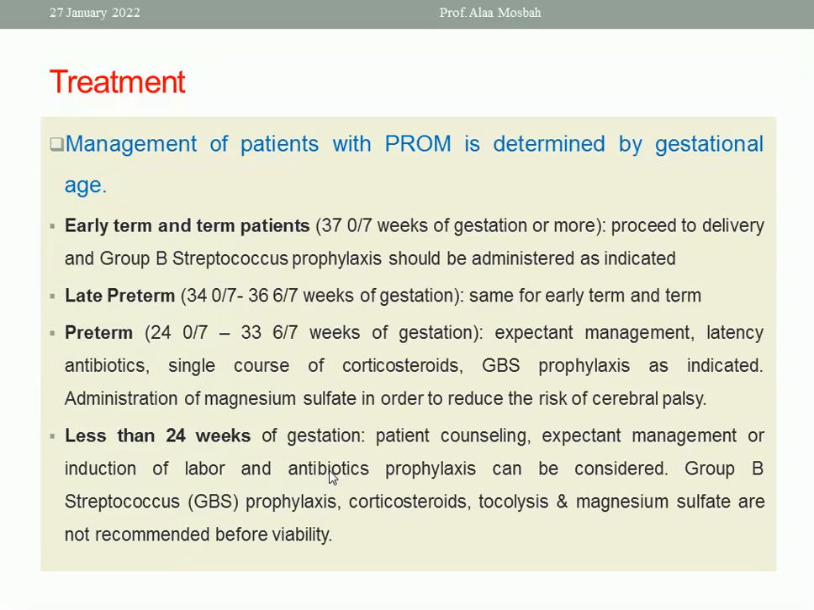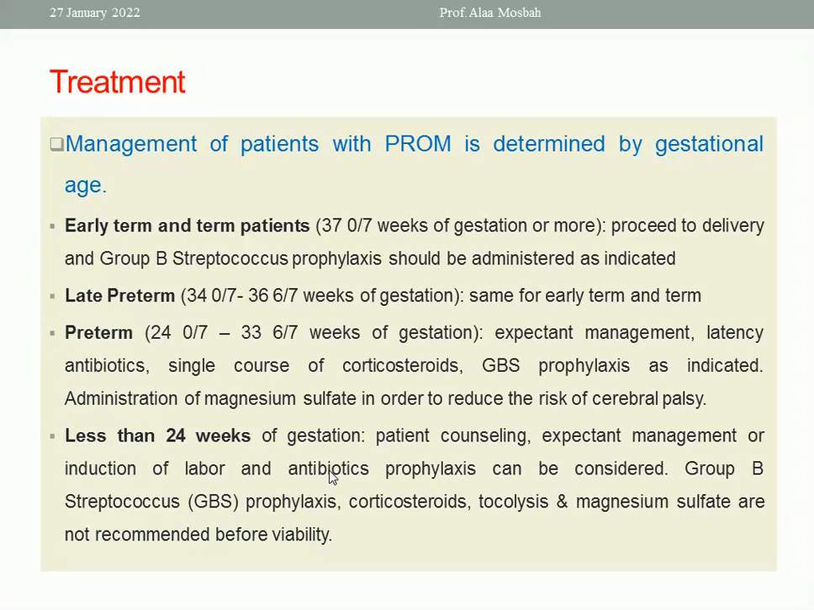What about if gestational age ranging between 24 up to less than 34? Here we can do expectant management, giving antibiotics to the patient like erythromycin in a certain regimen, single course of corticosteroid including betamethasone 12 milligram, one dose and another dose after 24 hours intramuscular, or use dexamethasone 6